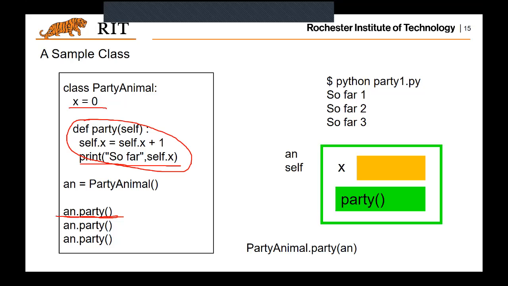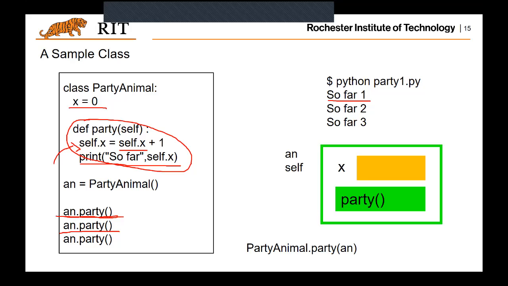And then it prints out "so far 1", right? And then when you call this party function the second time, it will go inside this function again,